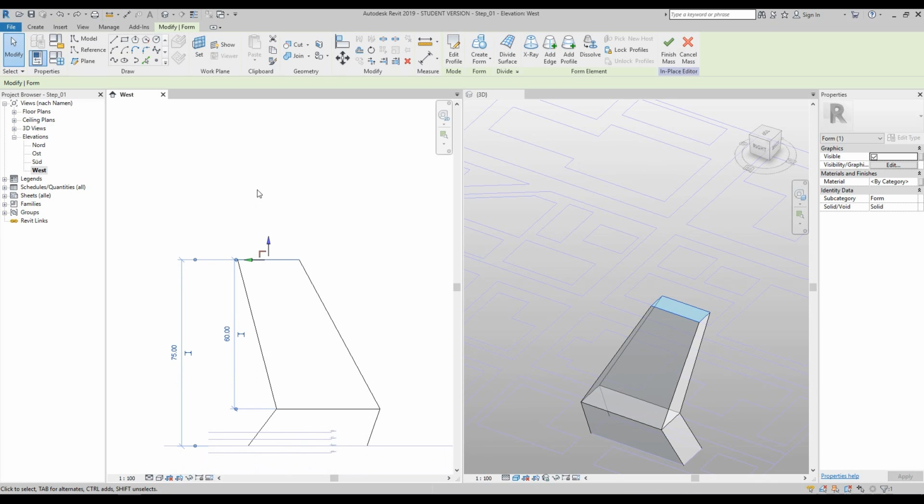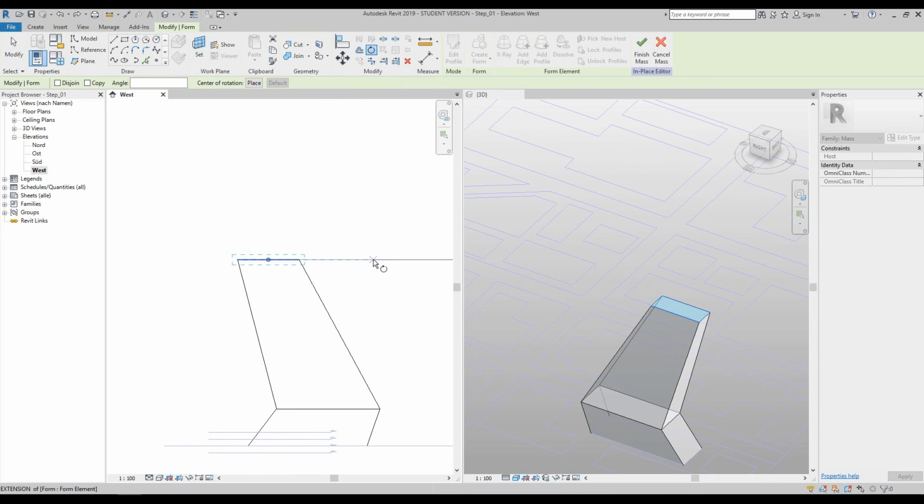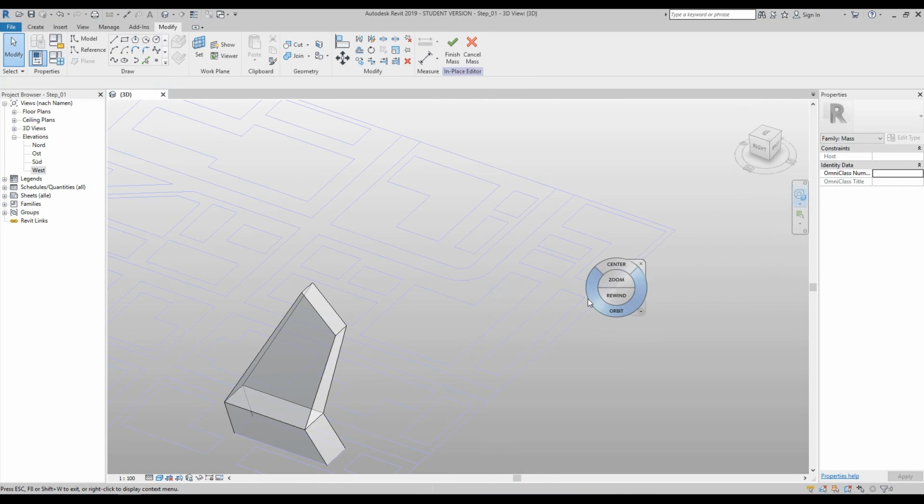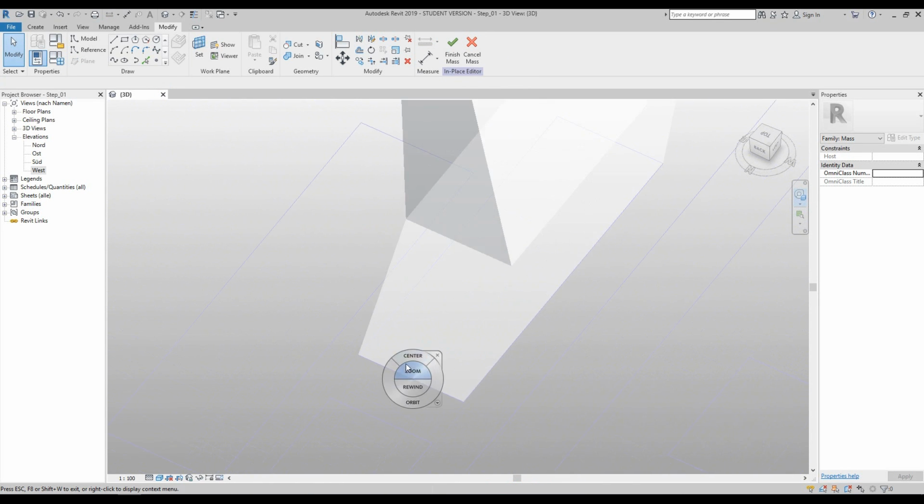and what we're going to want to do is use the rotate tool again, but this time we won't be doing it in 3D, we'll be doing it in the elevation. So if we click here and then rotate it up to about 45 degrees, you should have a shape like this. Okay, from here I'd like you to close your west view elevation and pretty much zoom in to the